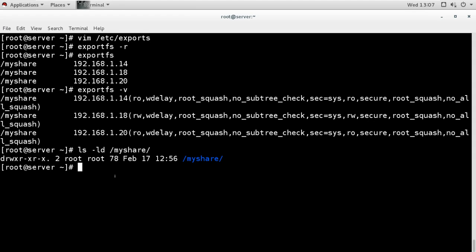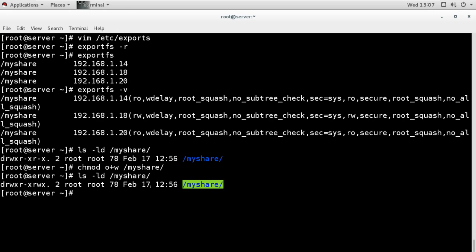Now I will give the permission here, chmod others. I am giving write permission to others so that everyone can write on this directory. But because the share permission is not there, you cannot write it.